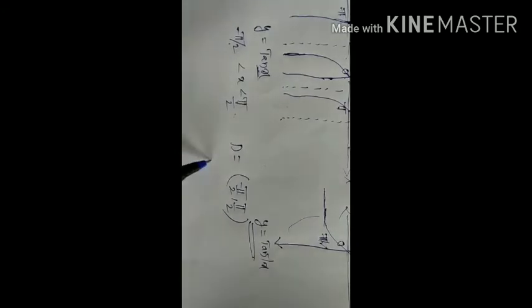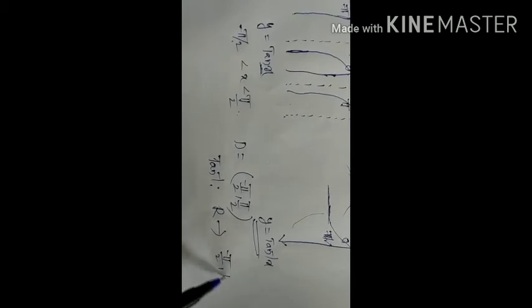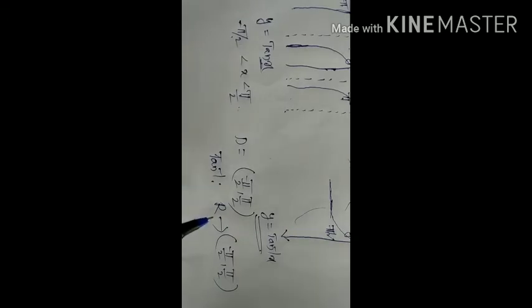Here, if we choose the domain D is equal to minus pi by 2 and pi by 2, then the inverse of the tan function, tan inverse, is from R to minus pi by 2 to pi by 2. This is called the principal value branch of the inverse tan function.